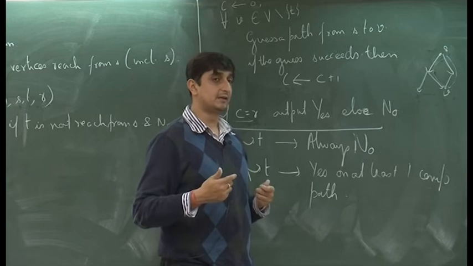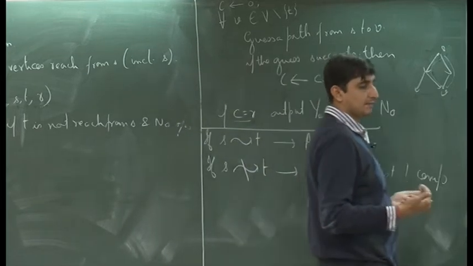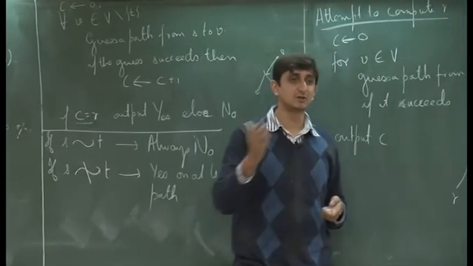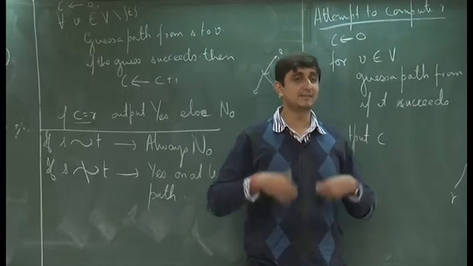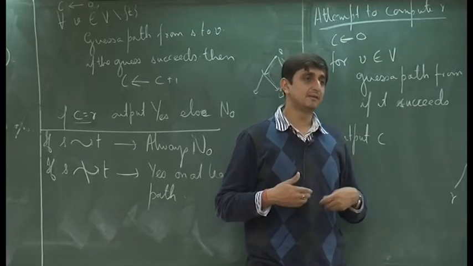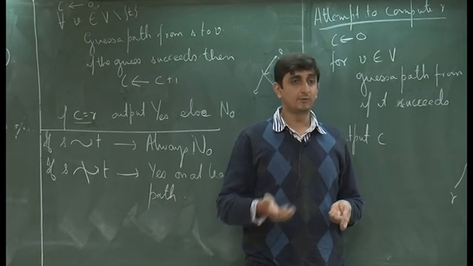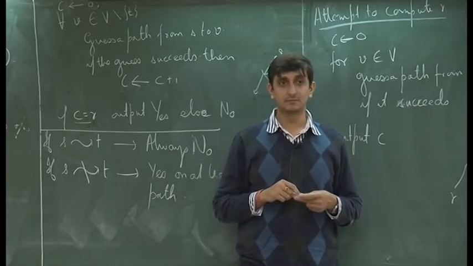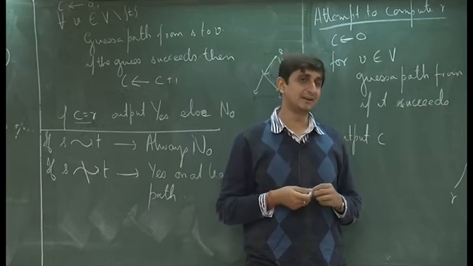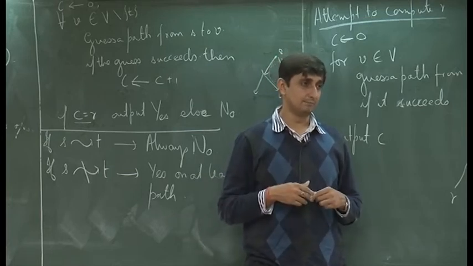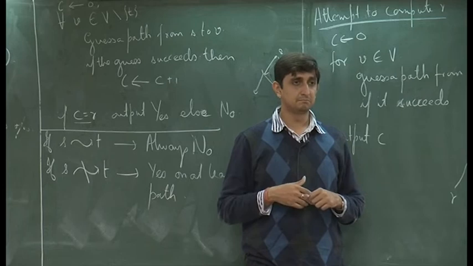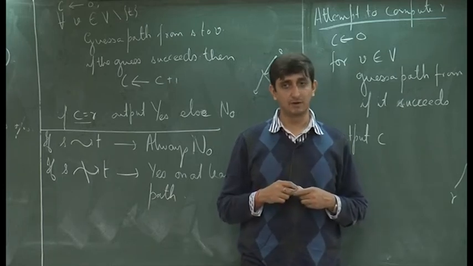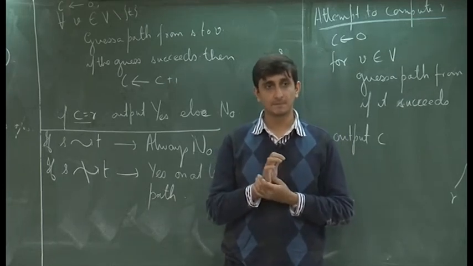You do not know. You cannot keep a count on the number of paths. You cannot index all the paths, right? So maybe the next time that you are guessing, you will try guessing the same path. And if you try to index all the paths, you cannot do it in log space, because there are exponentially many paths. It will take at least some super logarithmic number of bits.